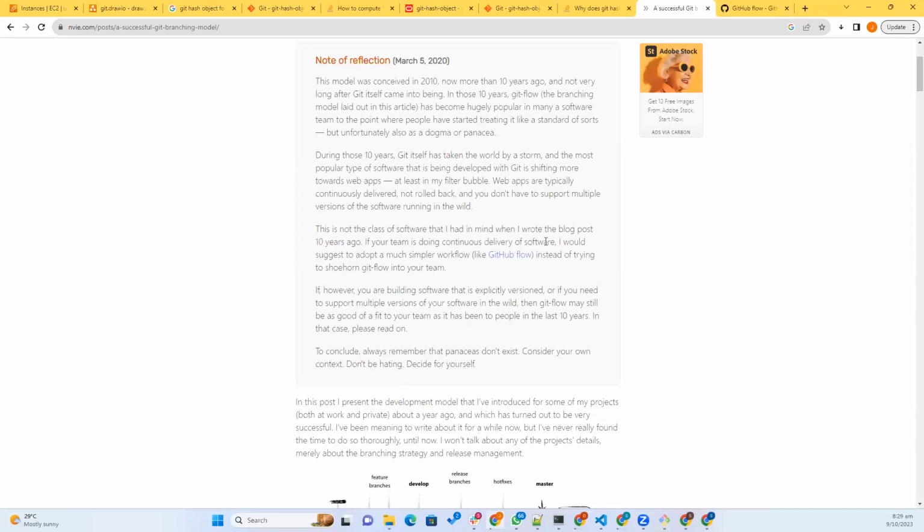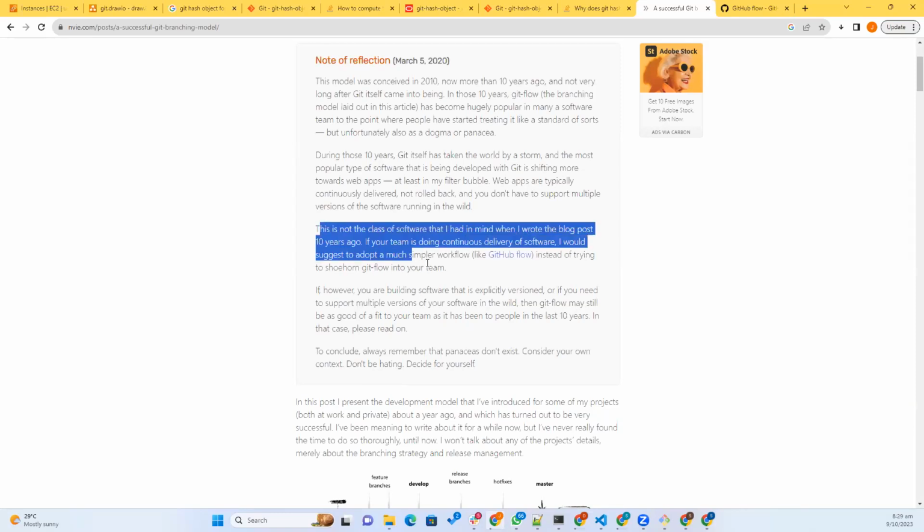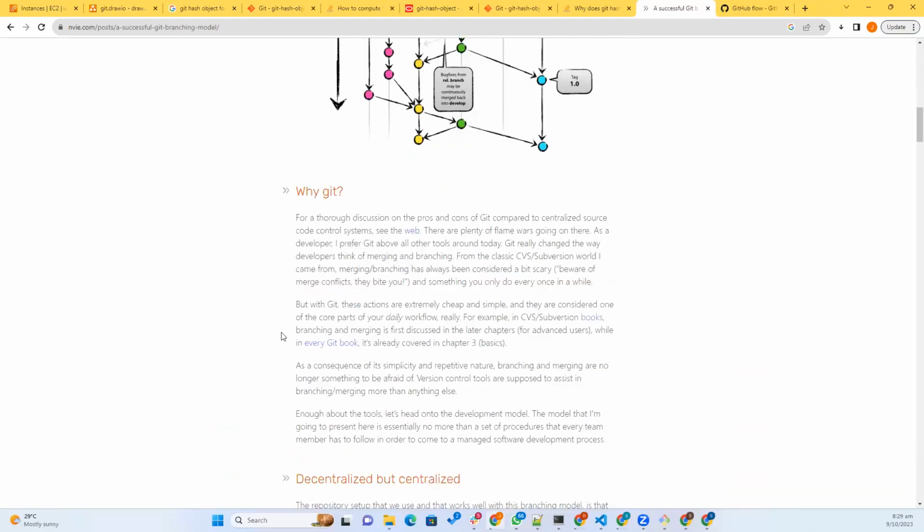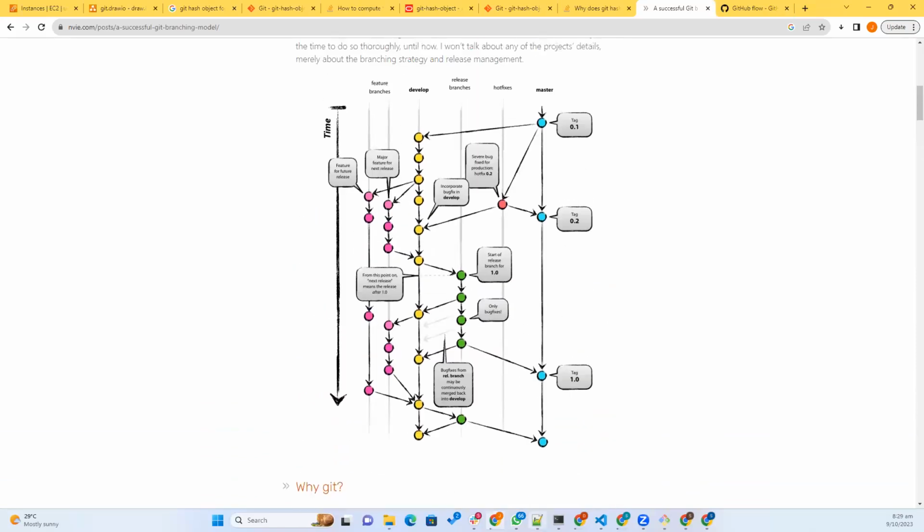So he's saying don't use this. This is more than 10 years ago. We got a much simpler model. But unfortunately, many projects are still using this because they are scared to move to this branching strategy, master